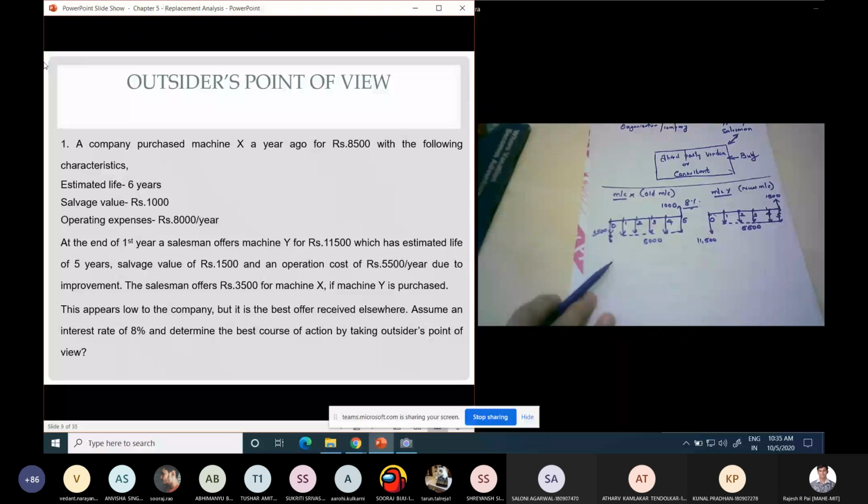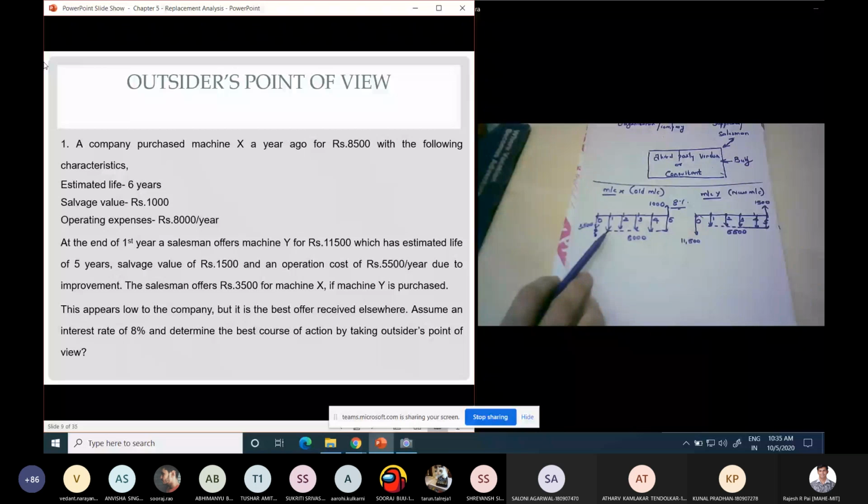Okay, so I will again explain. I am the consultant. There are two entities or two participants with me. One is the supplier with the brand new machine, which has clear economic cash flows or economic factors, and an organization wherein they have an existing machine, or an old machine, which they have used for 1 year. So if I am the consultant, if I am going to go with machine Y with the salesman, he has all the data clear. So I have to just pay him 11,500 and pay for the